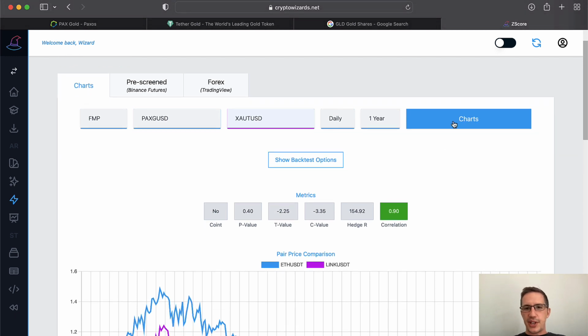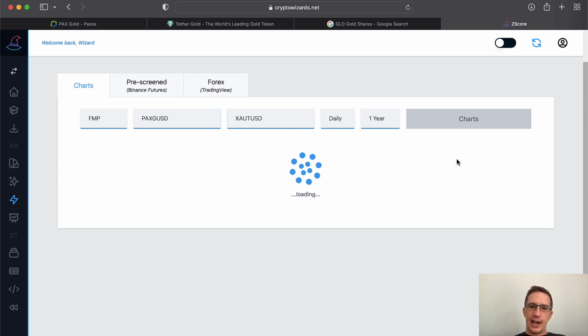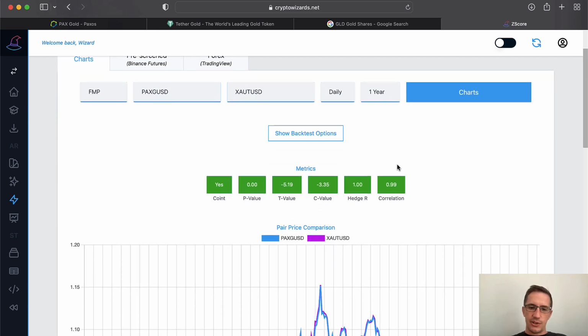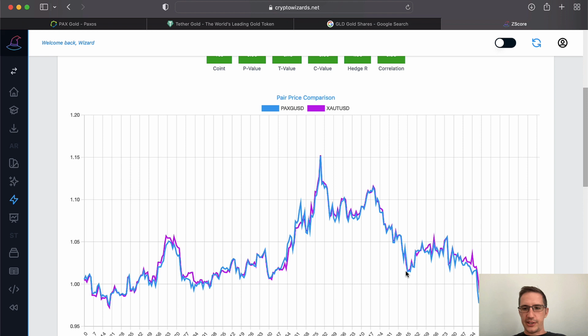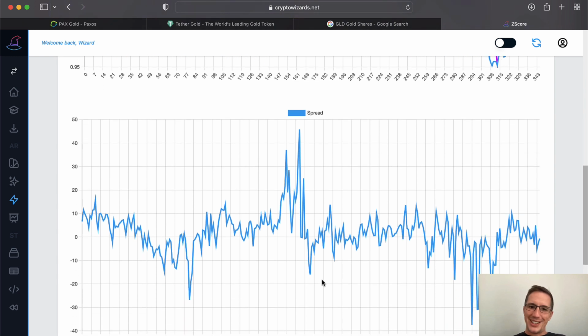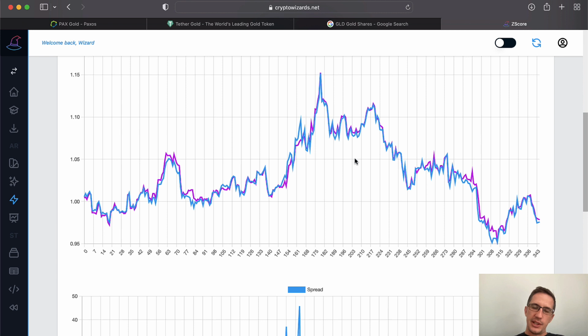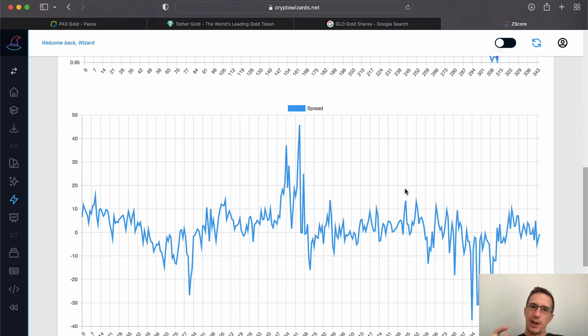So if I go and run this data, let's say I'll just take the default daily data over a year and have a look at that. We could change it to 2 years, etc., but it's going to look virtually the same. You can see here these prices are converging and diverging. But what's more important is the spread. This is now basically looking at the difference between these two prices and multiplying it by a factor to say how much of one coin would I need really to buy the other. And then you will see the zero line.